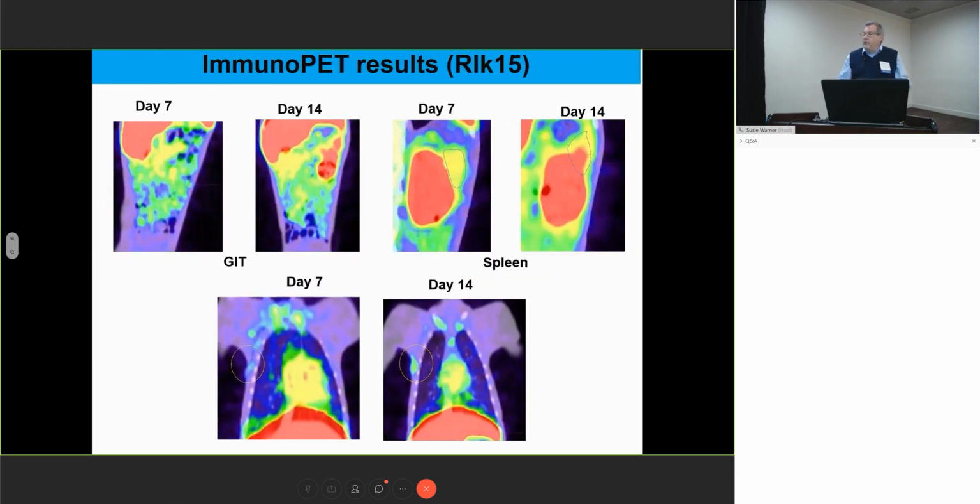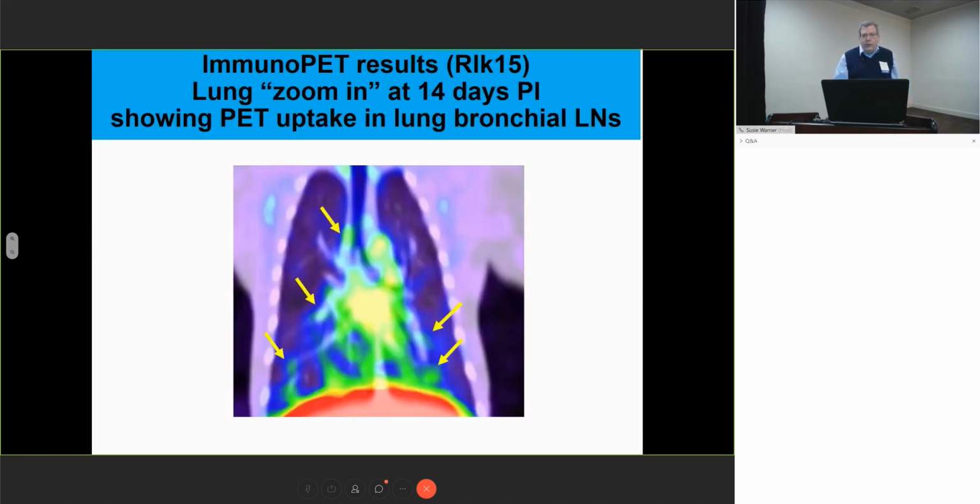And can you see this in the images? Yes, so this is signal in the gut from these two animals. This is the change in the spleen that increased quite a lot. And you can see even this axillary lymph node actually increases quite a bit too. But again, this has to be evaluated in 3D, and it has to be integrated over the whole organ. We did see actually changes in the lung in this particular animal. And as a matter of fact, we see signal in the bronchial lymph nodes, which I don't think gets looked at terribly often, but we can clearly see it.